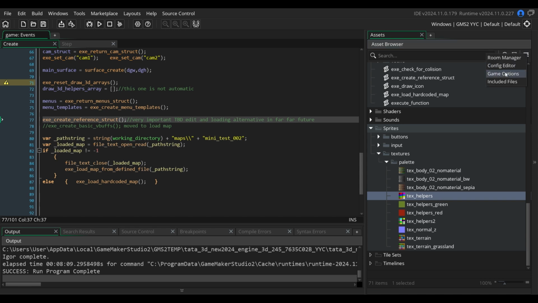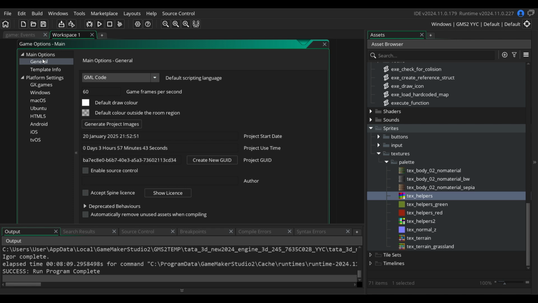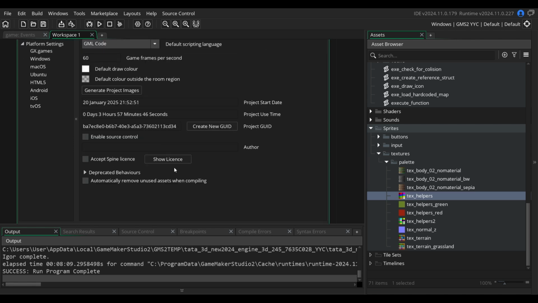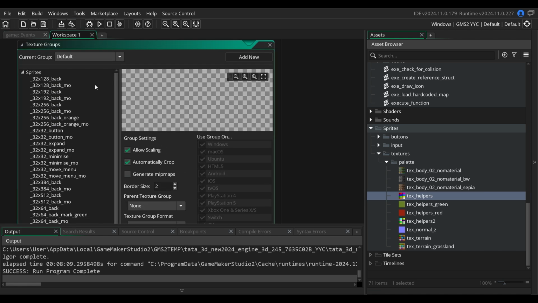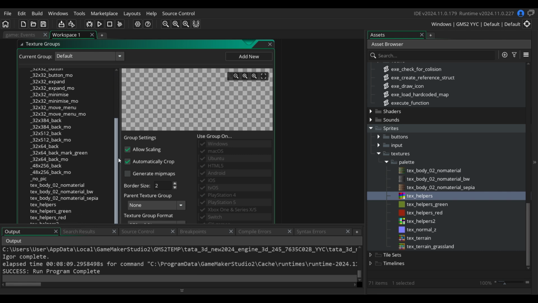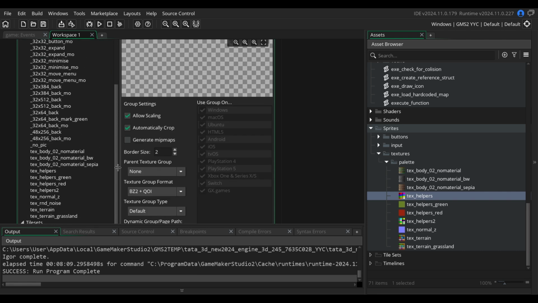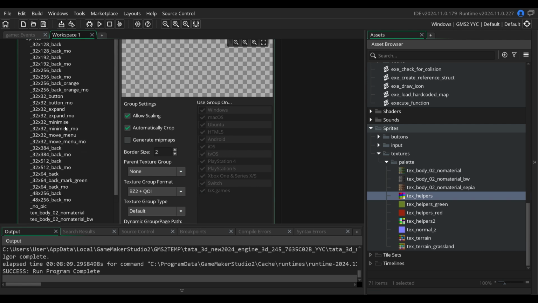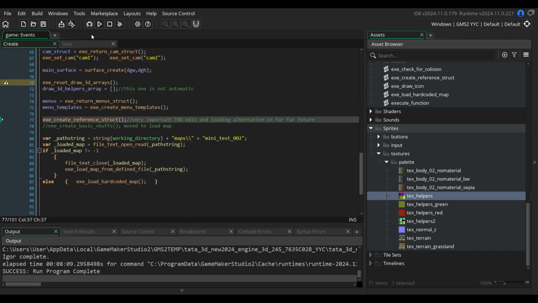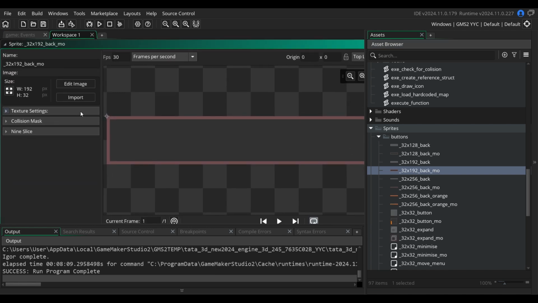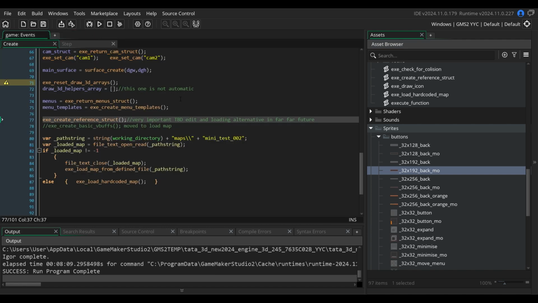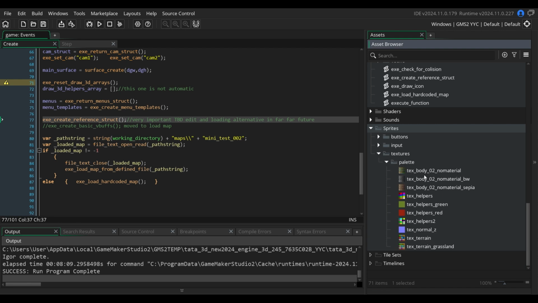Textures. Let us see the game options. So in general, we are not automatically cleaning anything. Texture group, we have only the default texture group, standard, nothing special. This is the list of all our pictures, most of which are not textures, they are plain sprites. Let us see, this is input. These are not textures, there are clear sprites, there are buttons, and what we are utilizing is just